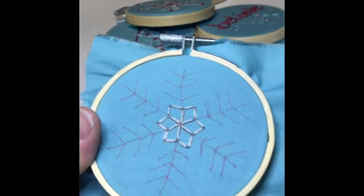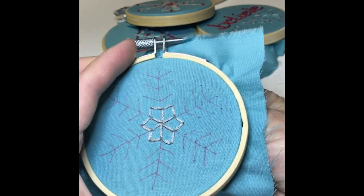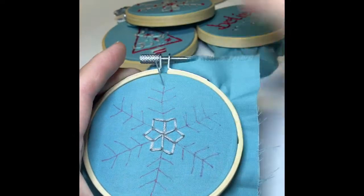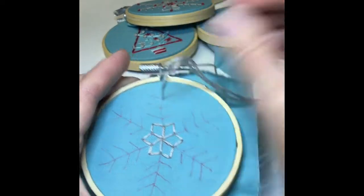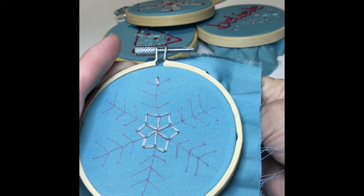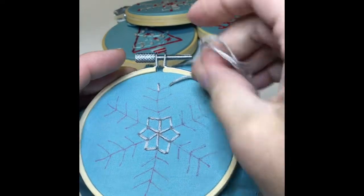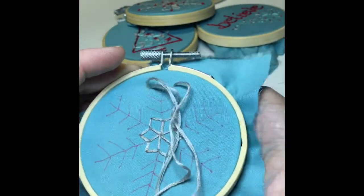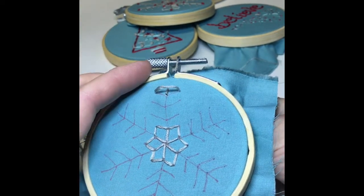Okay, just like that. Alright, we are going to do the, I guess I'm going to call them spokes. We're going to start up at the top. We'll call this 1, so when you look at your diagram you'll be able to follow along. And we're going to come in at 2. We're going to come up at 3, and we are going to go over to 4, but we're going to leave it loose. Just like that. Then we're going to come back up at 2,